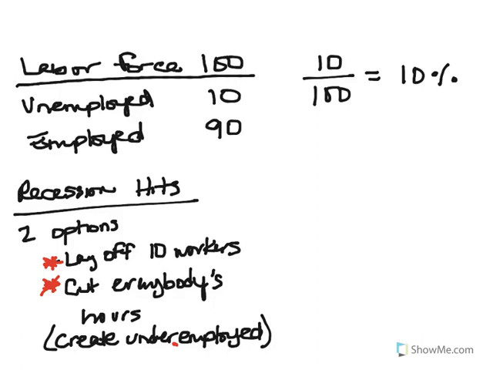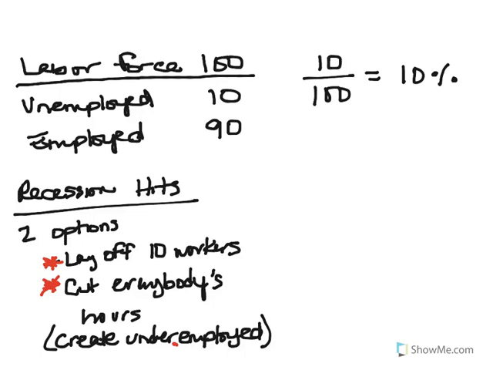Or they can decide they don't want to lay anybody off, so they're just going to cut the hours for all of their employees in response to the recession. Both of them will achieve the same goal of the firm, which is to decrease output in response to the decrease in demand due to the recession. But you'll notice that what the firms decide to do has two completely different impacts on the unemployment